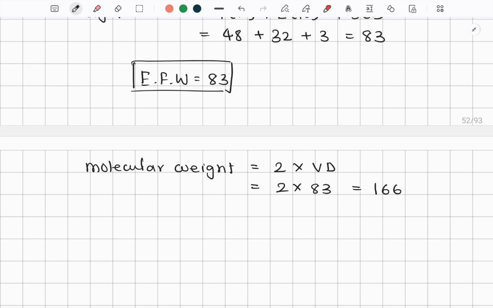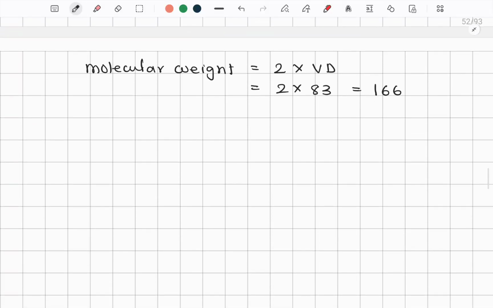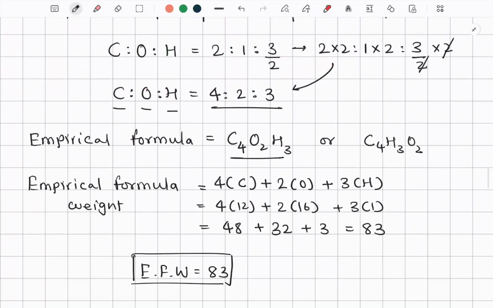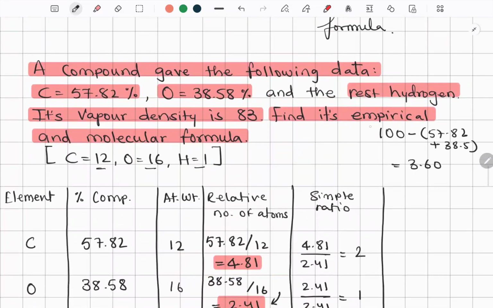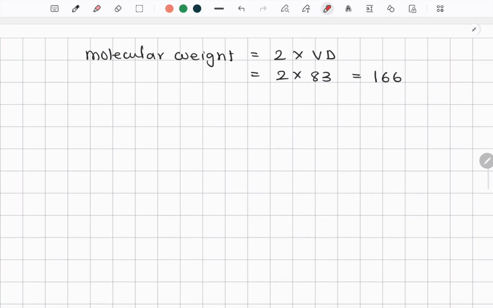Now we have to calculate the molecular formula. We already got the empirical formula. One part is done, which is the empirical formula that was asked in the question: find its empirical and molecular formula. Now we are finding the molecular formula. So the formula for the molecular formula